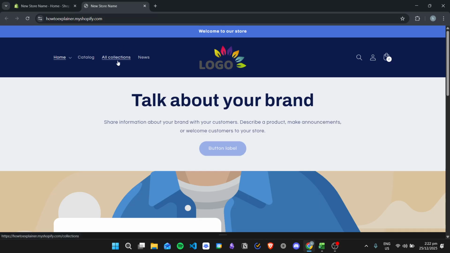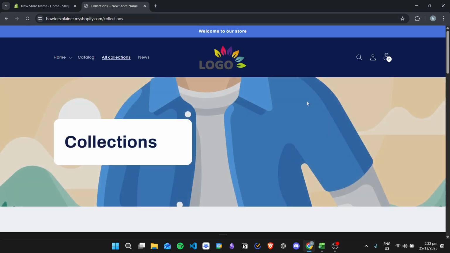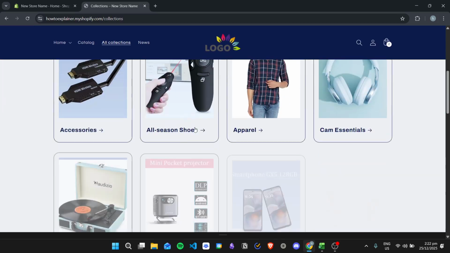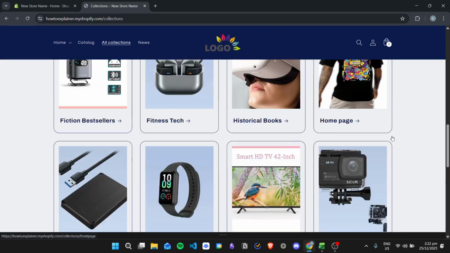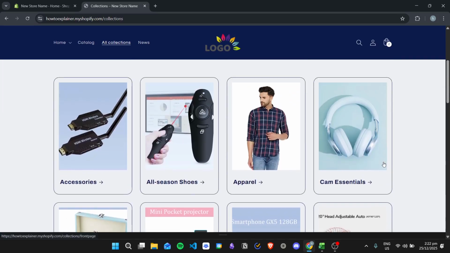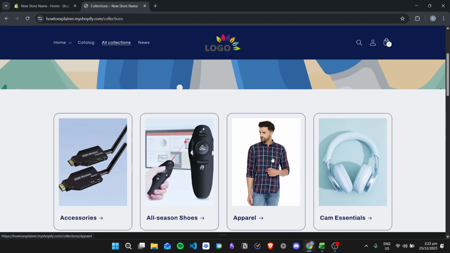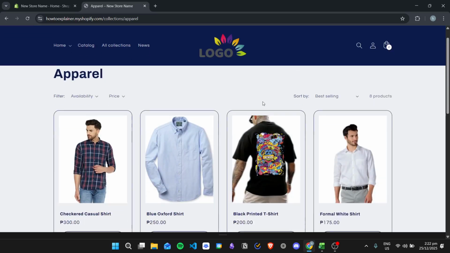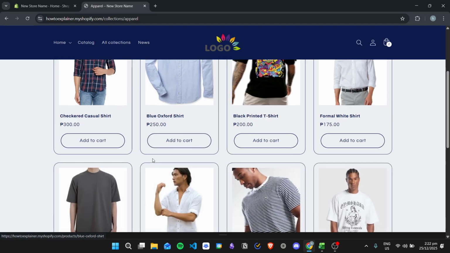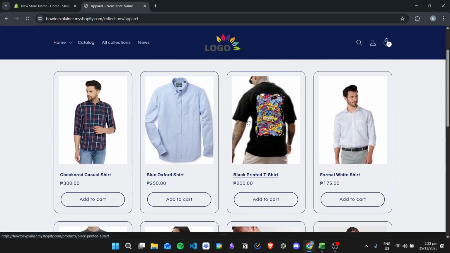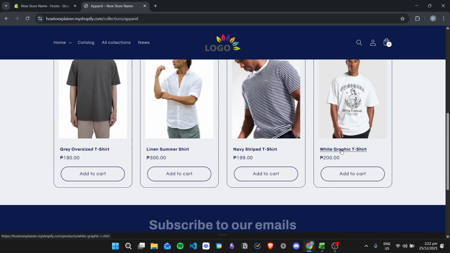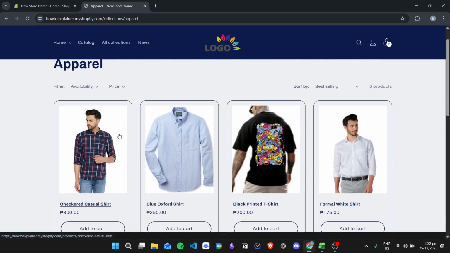So if I go right here to all collections, I have a catalog of collections from my website. For example, if I go right here to the apparel collection, I have these products right here, but there is a missing product. The simple reason why the product is not here is because it is not listed in the collection. So from here, we just need to double check the collection